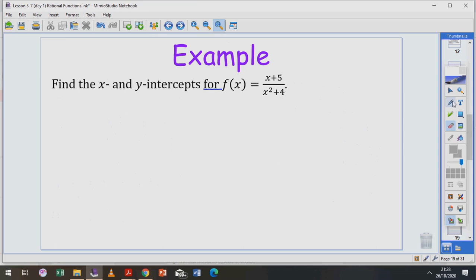Find the x and y intercepts of these fractional functions. Now the x and y intercept, their definition does not change whether or not you're dealing with rational functions or any other type of functions. At the x-intercept